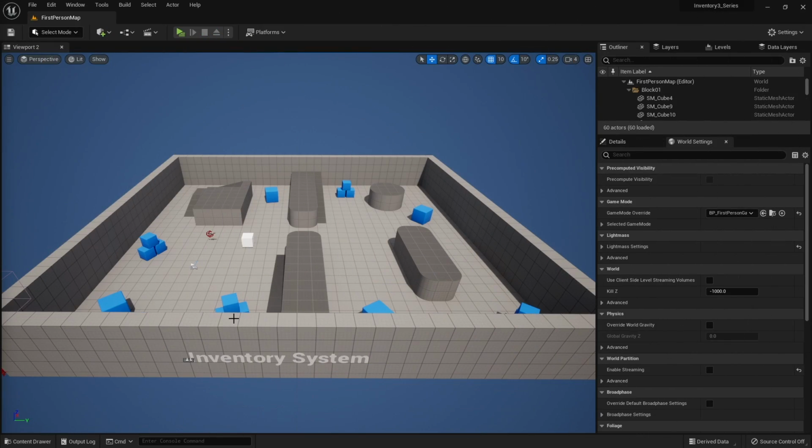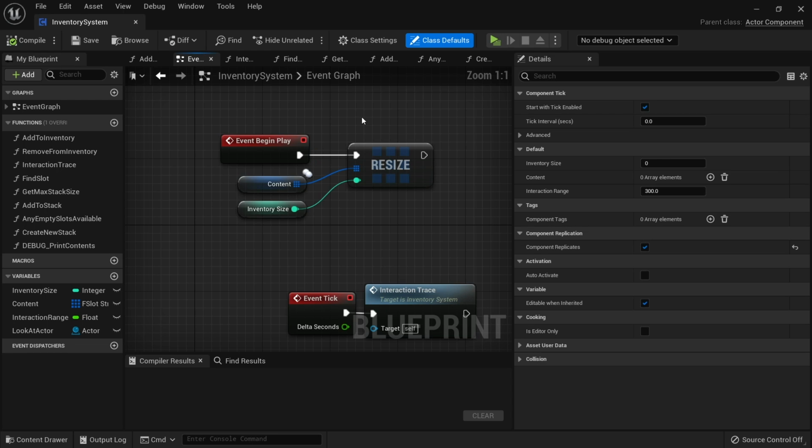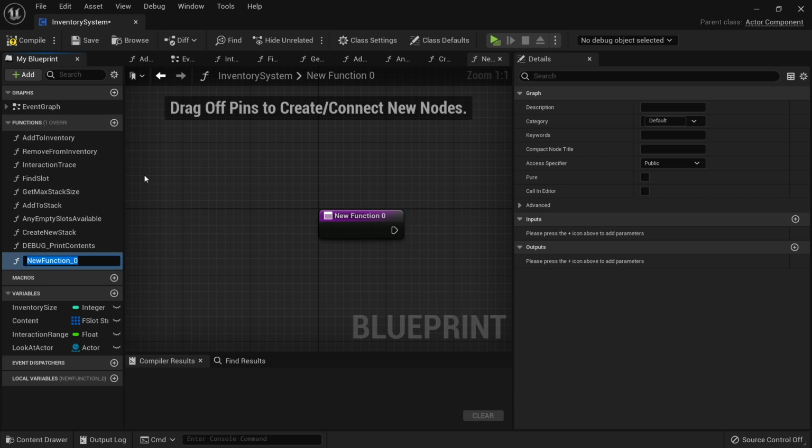Before we can handle the on drop functionality of our slots, we first will need to set up the transfer items function for our inventory component. This allows us to transfer items not just between different slots but also between different inventories themselves. So first of all we need to go into our inventory component itself, and in here we're looking at creating a new function called transfer